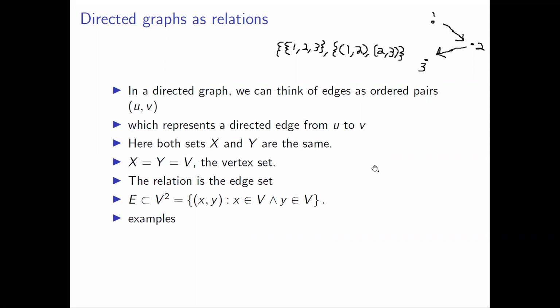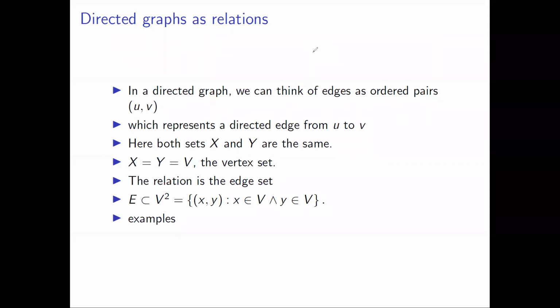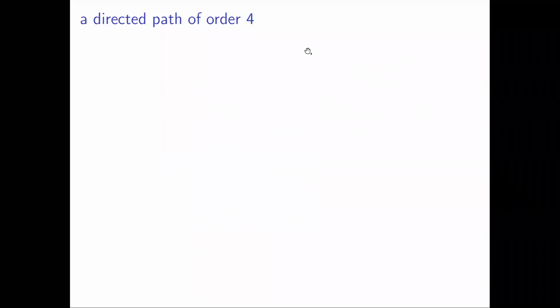We're going to look at some examples now of graphs, directed graphs specifically, and we will see what their edge set is to determine the relation associated with these directed graphs. The first directed graph that we will consider is a directed path of order 4. It has 4 vertices because it has order 4, and a directed path has the edges pointing in the same direction. We will call its vertices 1, 2, 3, and 4. Here, the relation is the edge set,